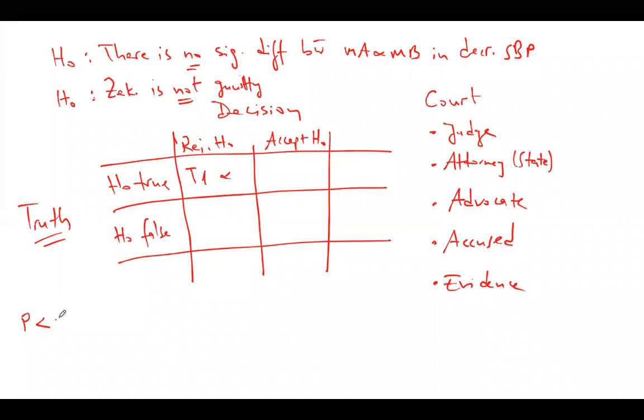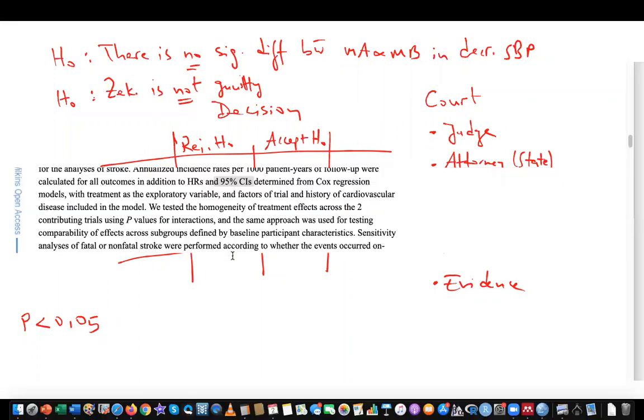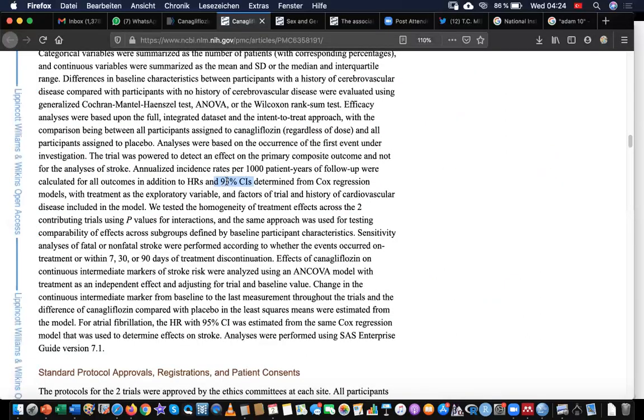It was 0.01. It can be 0.01, yes, but usually we accept it as 0.05. Yeah, it can be. Who said 0.01? He is also correct. You decide it in the beginning of your study. You put the threshold at the beginning of any study. You decide you will have 95% confidence interval, or you may say I want to have 99% confidence interval. This is up to the researcher.